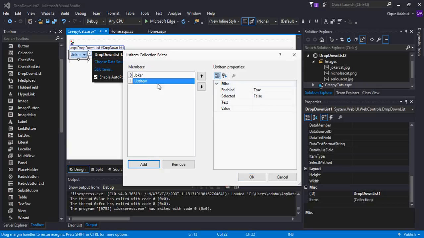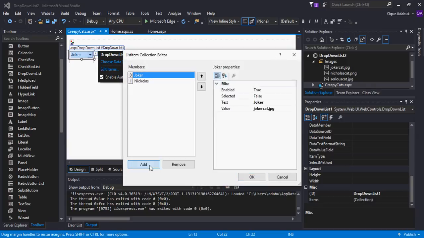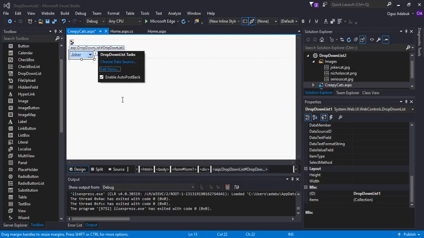let's add one more. This one is going to be Nicholas, and this is going to be nicholascat.png. Okay, and let's do one more. This one's going to be serious cat, but the value is going to be seriouscat.jpg. Okay, now